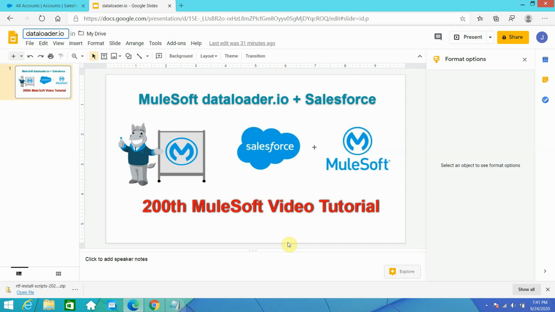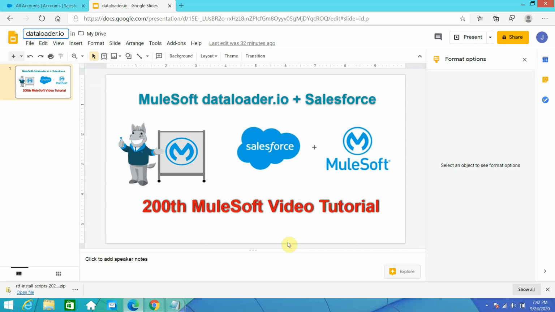So with this capability, we can log in using Salesforce credentials, and we can define a task. A task is nothing but what you want to do. Either you want to import data to Salesforce, export data from Salesforce, or delete data from Salesforce.